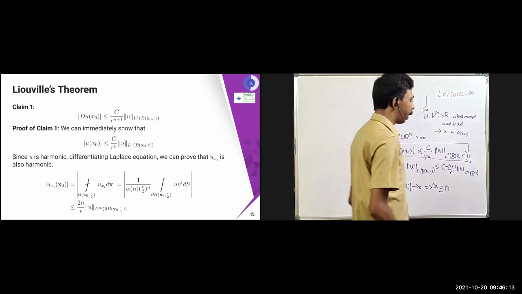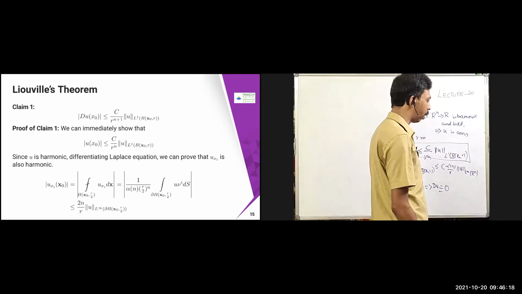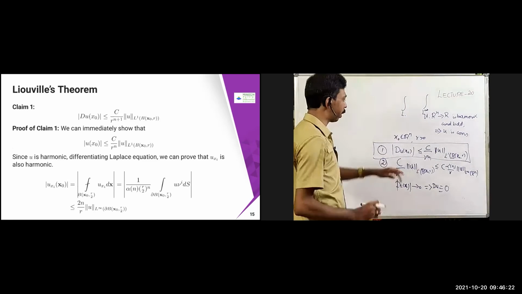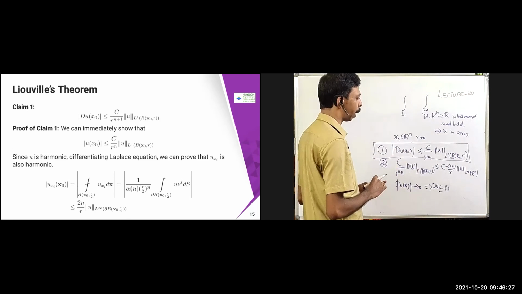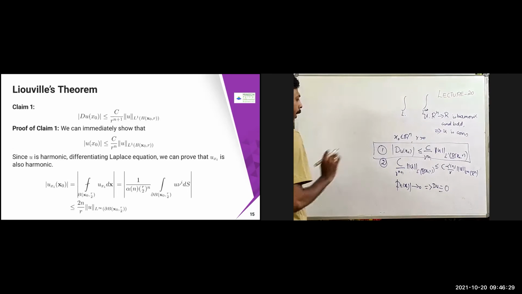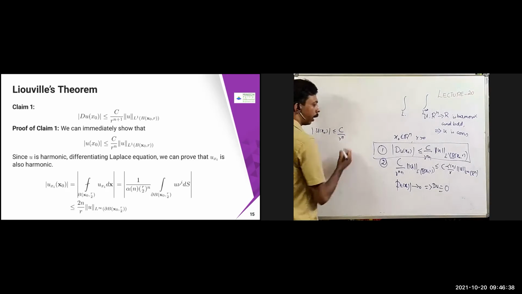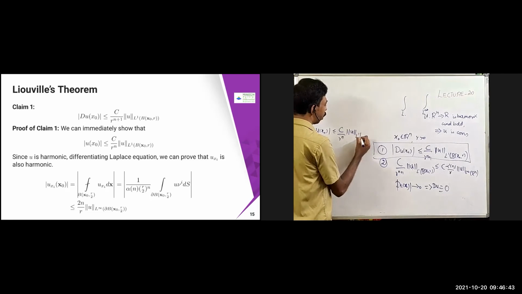Now we are going to claim only claim 1. So I will provide the proof of claim 1, then we can complete this class. What we have to prove is that Du of x naught is less than or equal to c into r power n times the norm of u in L1 of B(x naught, r). We can immediately show one thing: u of x naught is less than or equal to c by r power n times the norm of u in L1 of B(x naught, r), which is obvious because